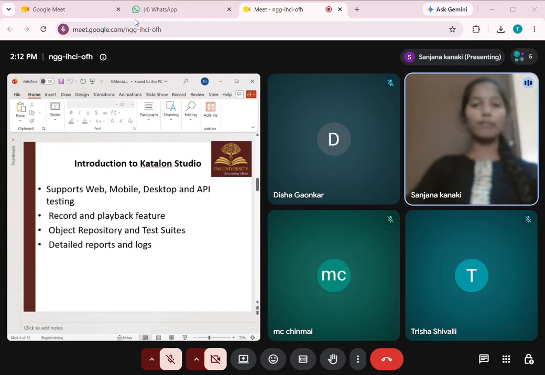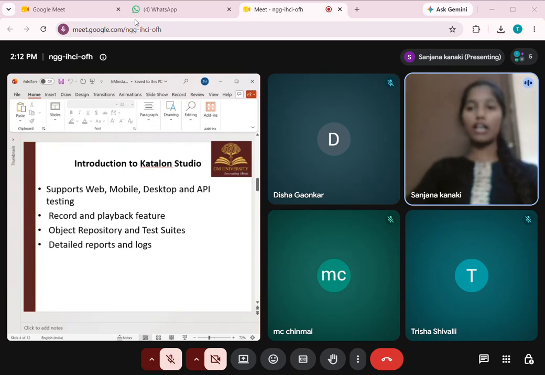Good greetings everyone. My name is Sanjana. Today I am here to present introduction to Katalon. Katalon Studio is a powerful automated testing tool used for testing web, mobile, desktop and API applications. It provides a simple and user-friendly interface, making it suitable for both beginners and experienced testers. The tool supports record and playback functionality, which helps create test cases quickly without extensive coding.